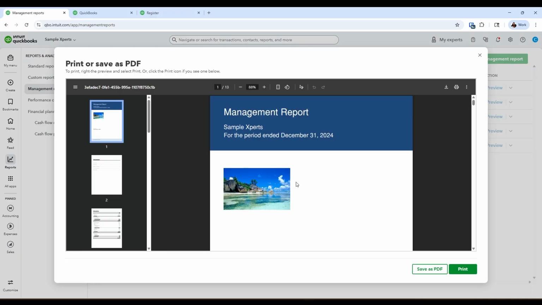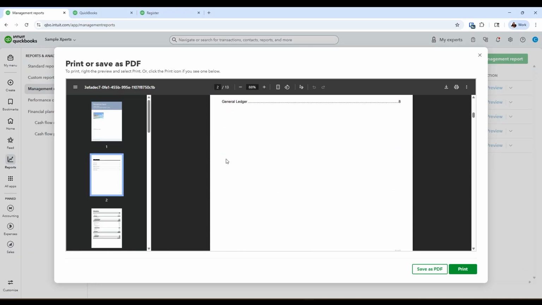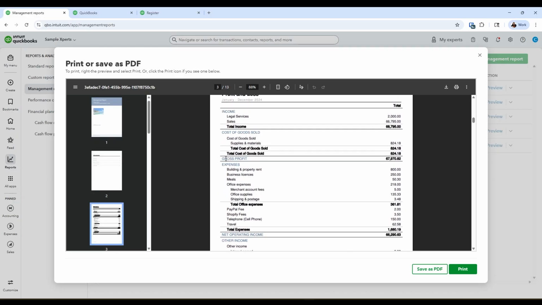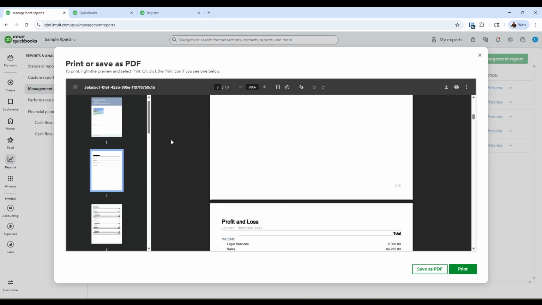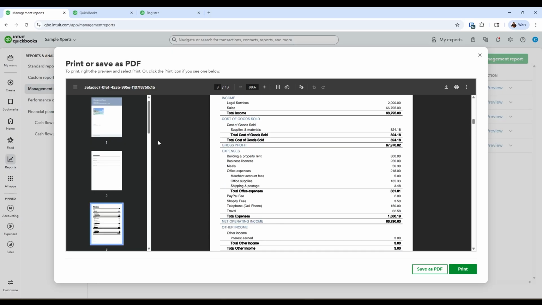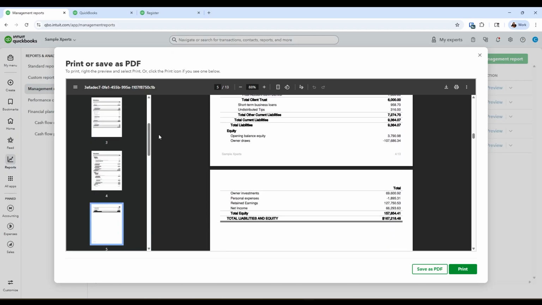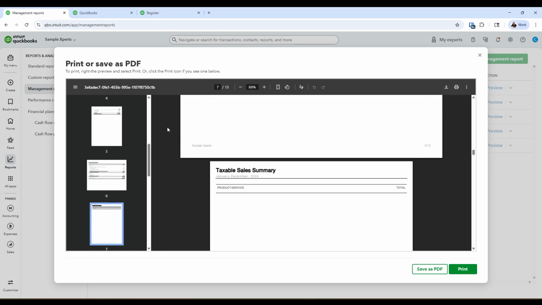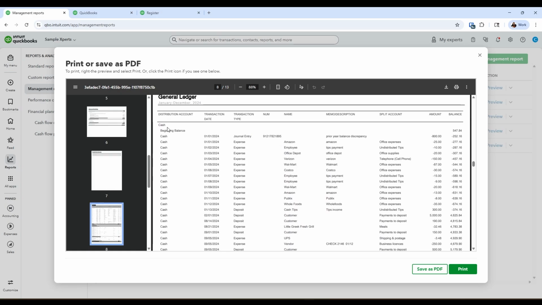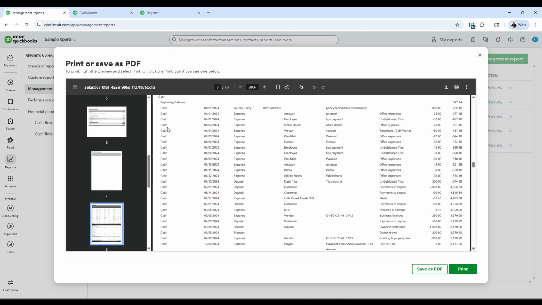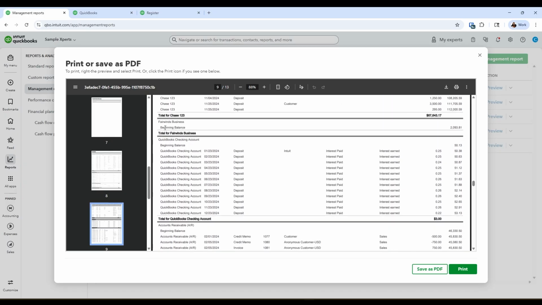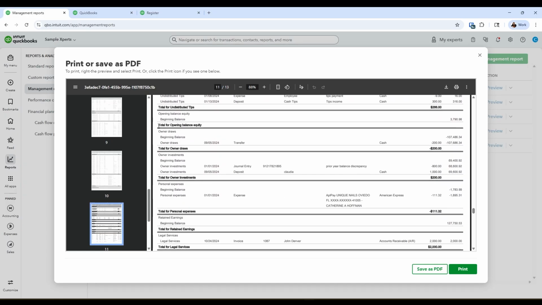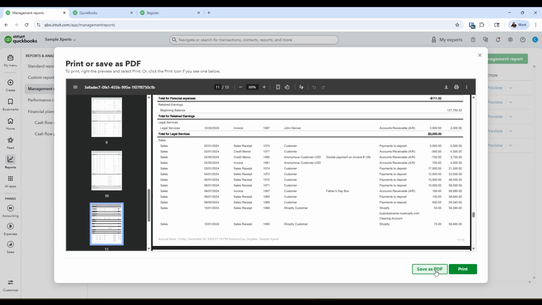This is what your client is going to see, everything organized with the client logo. It is beautiful. In the table of contents, you're going to see your profit and loss first, balance sheet, statement of cash flow, tax, sales tax report, summary, general ledger, and payroll reports if you have any. So everything is going to be here, and you can save it to PDF at this point and send it